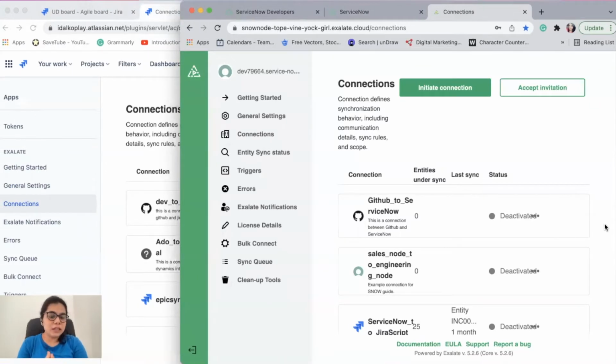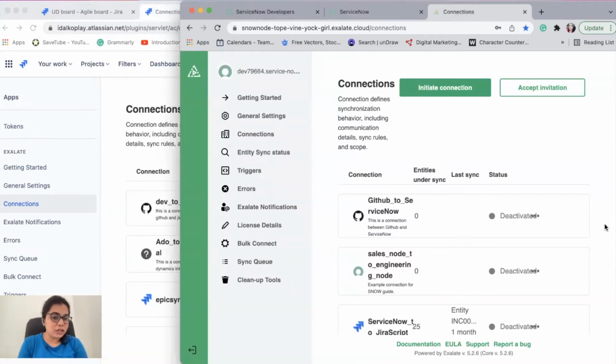The first thing that you need to do with Exalate is to establish a connection between Jira and ServiceNow. This connection is going to act like a secure pipe and it will authenticate both sides, that is Jira and ServiceNow. And once they are authenticated, the information will flow between them very smoothly.